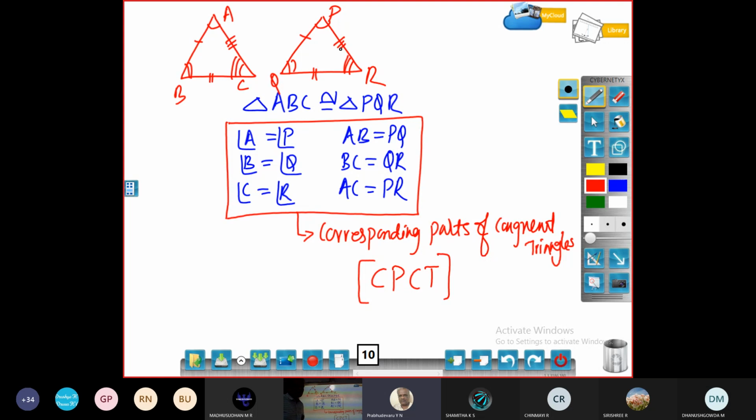Now, my question is, to show that any two triangles are congruent, is it necessary to show all the 6 parts or only some minimum parts? If I show that some are equal, then the remaining will automatically be the same. Let us check that. We call them criteria for the congruence of triangles. So there is no need to show all the 6 parts are the same to show the two triangles are congruent. So let us see now.